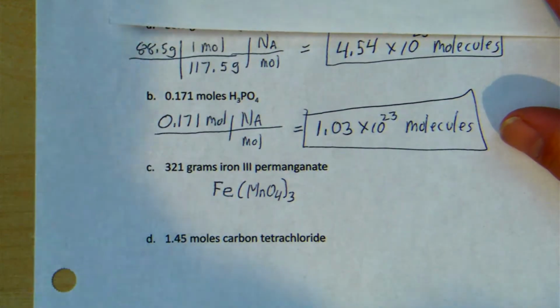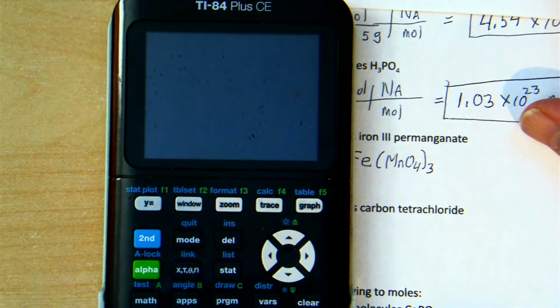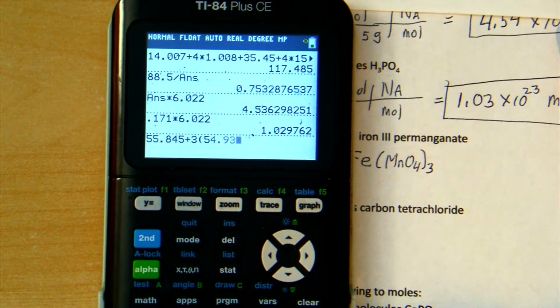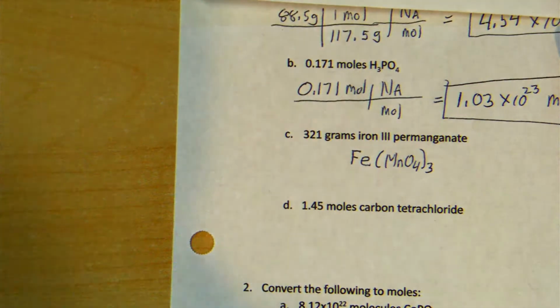Now I need to determine the gram formula mass for iron permanganate. And on my periodic table, I'm going to sum together the masses of 1 iron, 55.845, plus 3 times the manganese, 54.938. Add to that 4 oxygens, so 4 times 15.999, close parentheses, and voila, it says the gram formula mass is 412.647